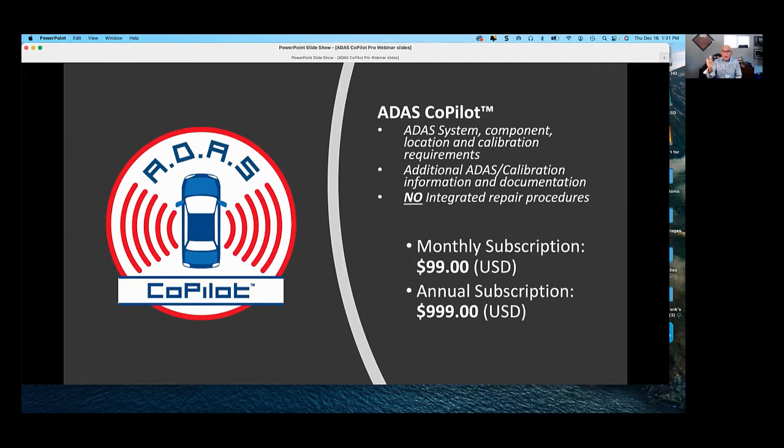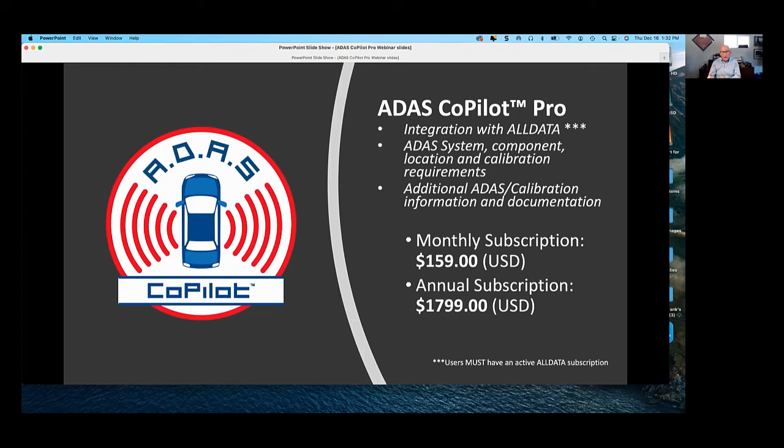Once January comes, there are going to be two pricing options. One is without integration to ALLDATA. If you don't want ALLDATA, you just want access to all the ADAS information, all the OEM information and iCar information, the monthly subscription will be $99 a month, and the annual subscription will be $999 a year. Again, no integration with ALLDATA.